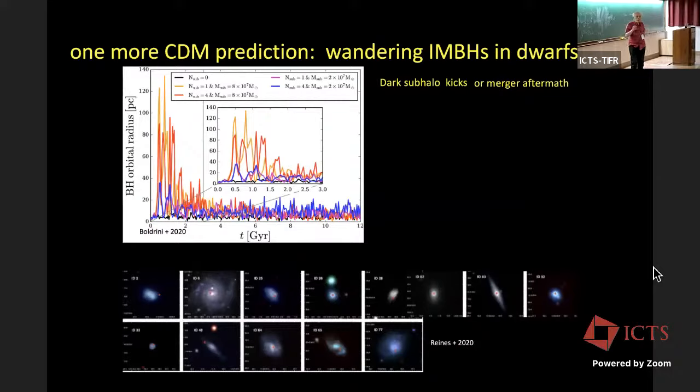So one more intriguing prediction about this whole theory: you're merging together small things to make big things. You're merging together dwarf galaxies, nuclear star clusters, and the central black holes with other ones. There are inevitably going to be dynamical kicks, especially of these black holes. As they merge together, the merger product will get a dynamical kick because the merging won't be spherically symmetric. There'll be some momentum ejected.